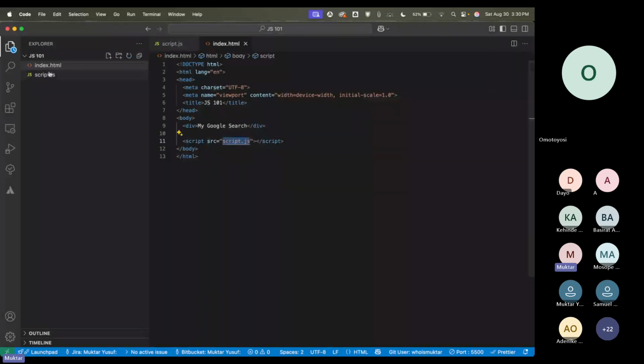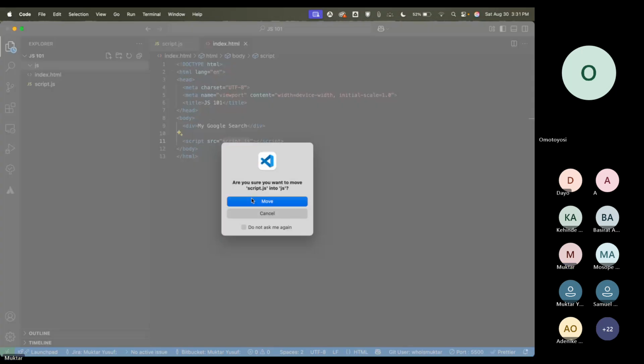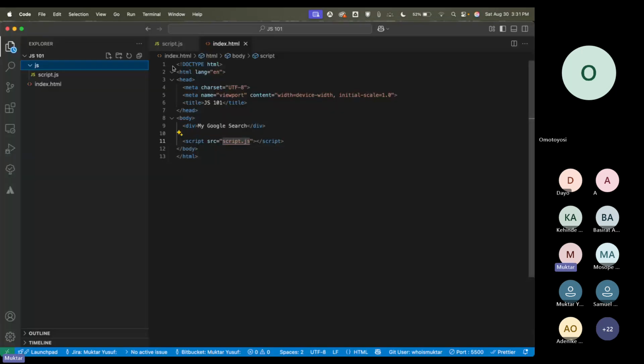If this was inside a folder called JS, we create a folder. We then move this inside here. By the time we move it, now our page gets broken because again, this script doesn't know where to find it anymore. I know it's not giving an error now, but by the time we come here,